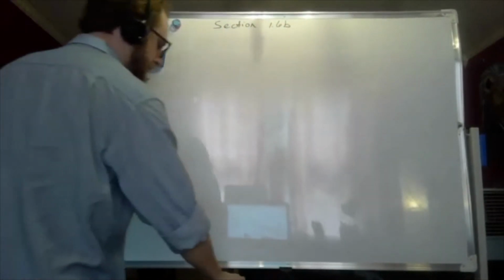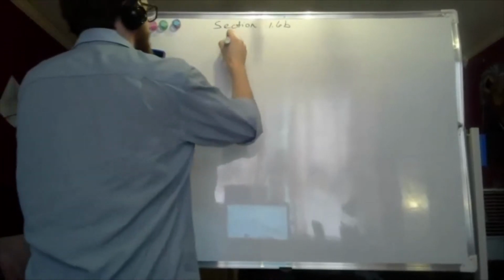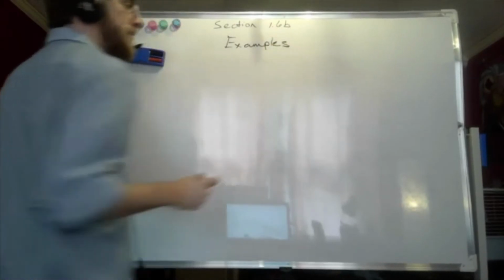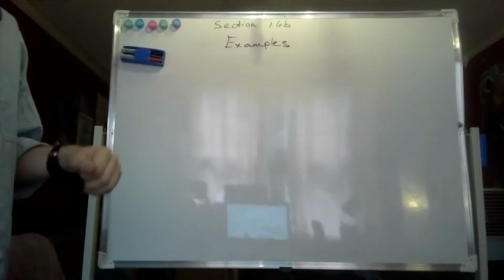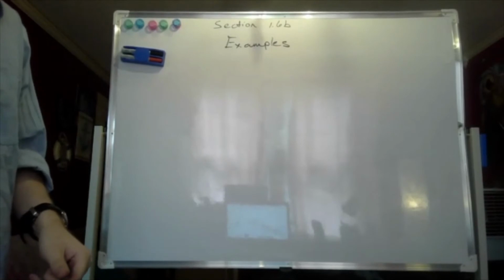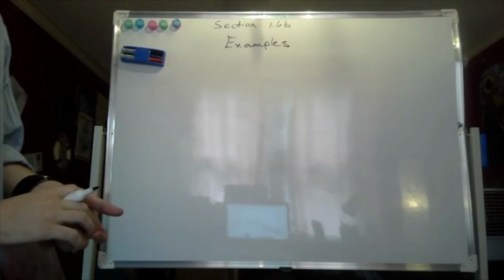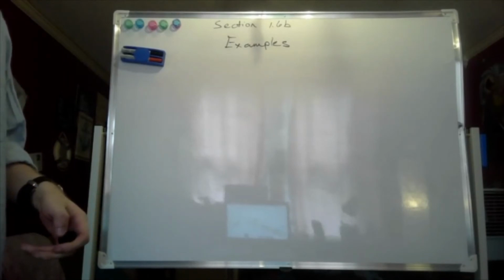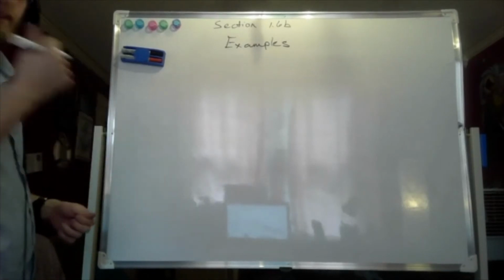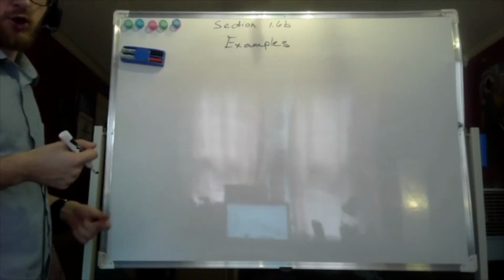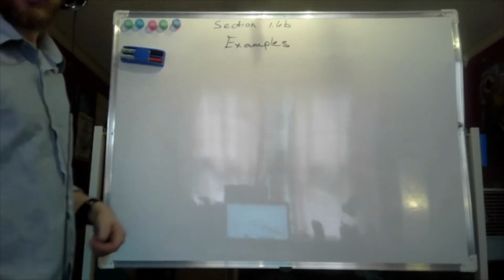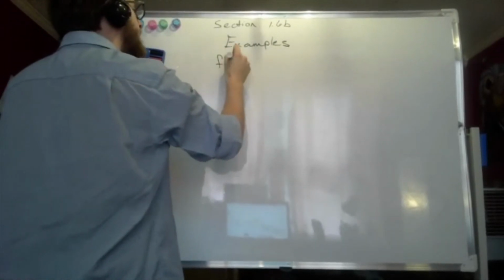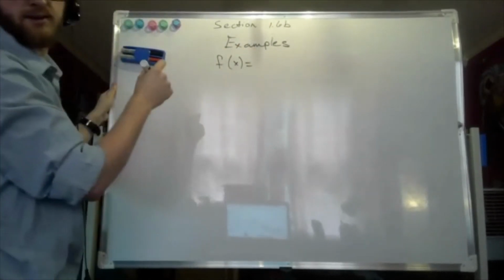All right. So we'd like to talk about some examples now. Now what we have here for our first example, so we've got two examples we want to work through before we close up. This first one is, suppose we have f of x is equal to